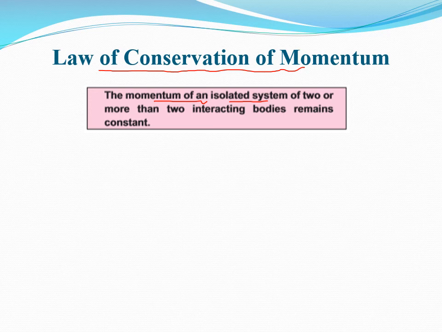It is basically a hypothetical system, or you can say an imaginary system, which we take for granted. A system is called an isolated system if there are no external forces impressed upon the given system. Okay, dear students? Now we are going to highlight this law of conservation of momentum by the following illustrations. So let's move on.